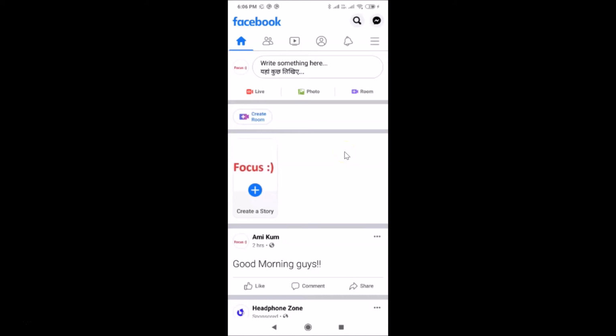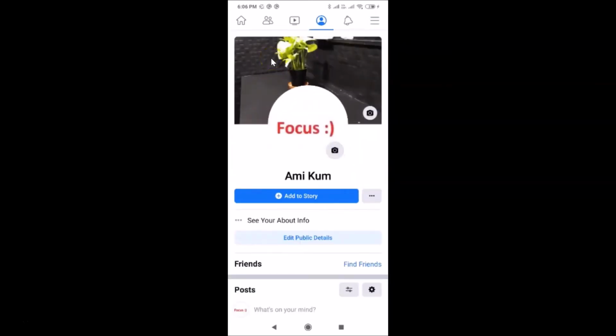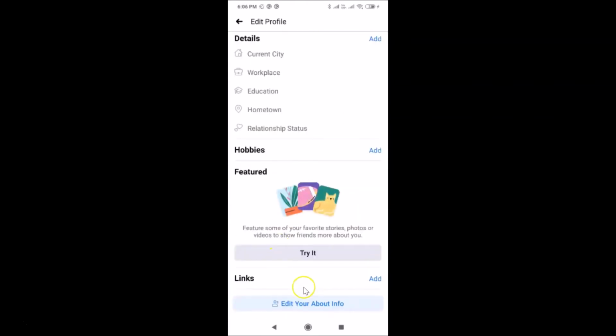Okay, and after that you have to tap on this three horizontal lines, this menu icon over here. So let me tap on this, and after that guys you have to tap on your profile name, and then you have to tap on this edit public details, this button. And on this screen guys you have to scroll down at the very bottom and then tap on this edit